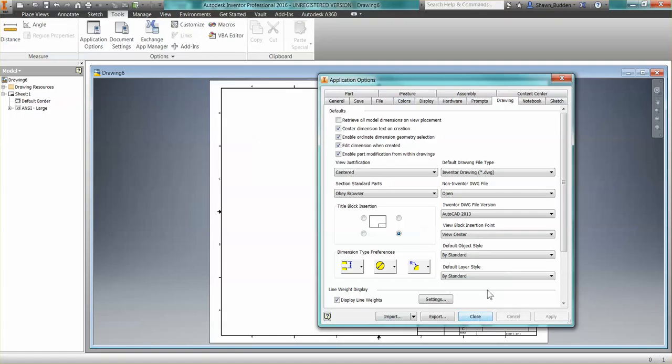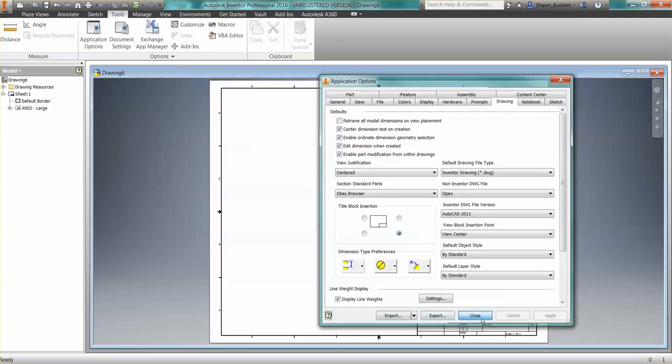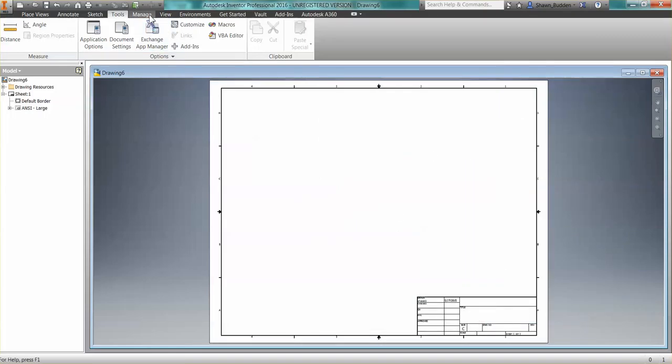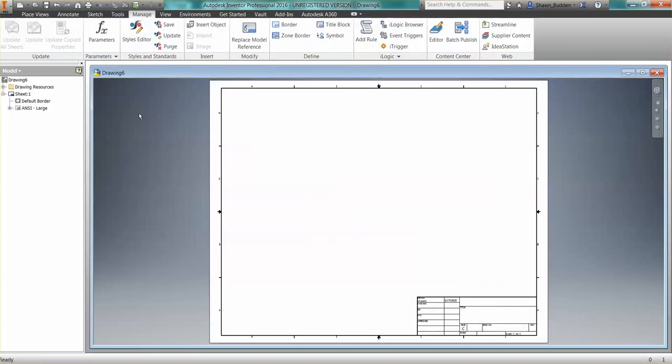Okay, but we're going to do some bigger changes, and we're going to do that in your Manage tab. So if you go to the Manage tab, you're going to see something that says Styles and Standards. Styles and Standards is where we make all the changes that have to do with our dimensions and everything that you're going to see on your drawing sheet. Okay, we're not really dealing with the title block right now, but this is with the drawing sheet. Okay, so I'll go ahead and open up the Styles editor,